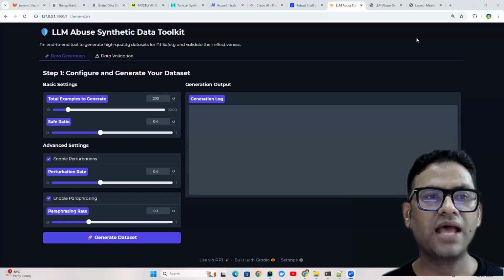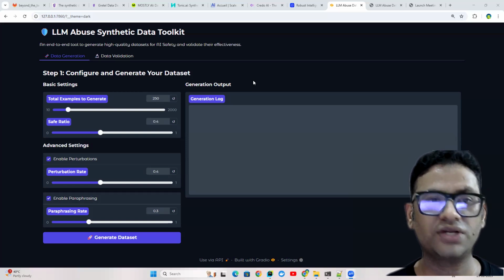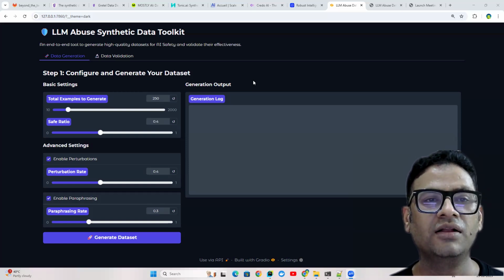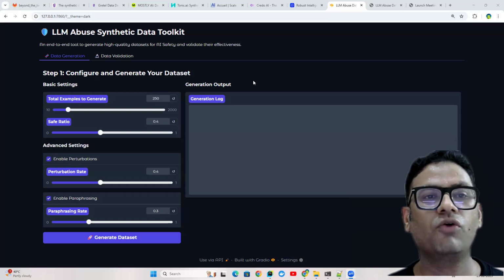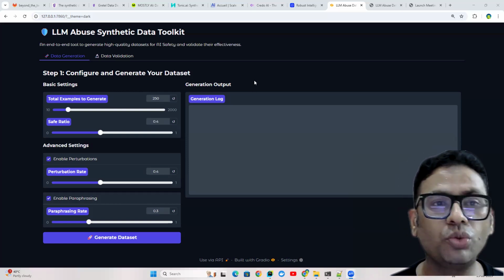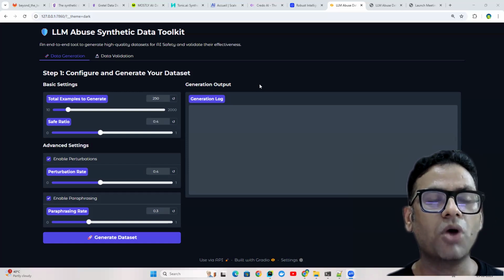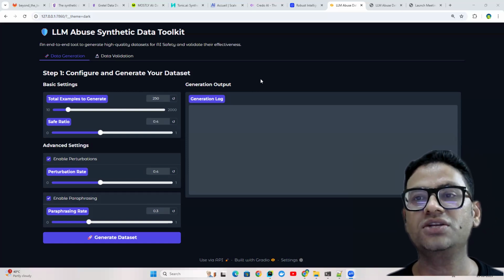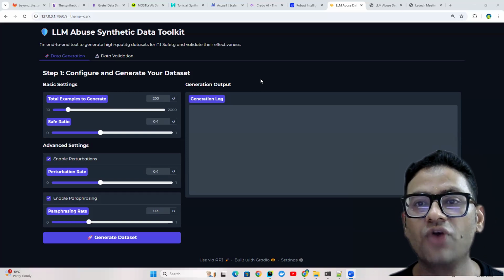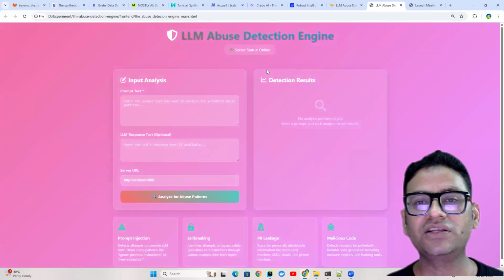Hello everyone. As you can see on my screen, this is the application which helps us generate synthetic data. The very first question that will come to your mind is, for what purpose did I build this application? I built it because I want to make my large language model abuse detection engine more intelligent. If you haven't watched my video where I explained this application, what it does is